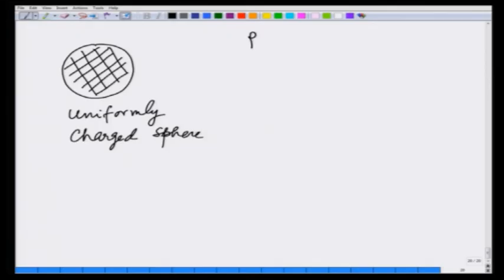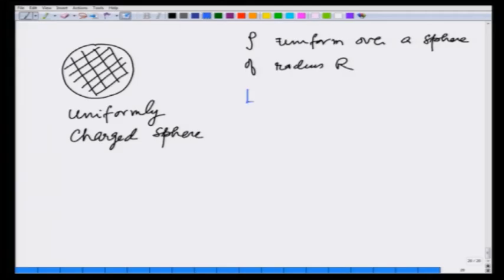Where the density rho is uniform over a sphere of radius r. This is the problem we solved earlier by calculating 1/2 V r rho r. In this case, the magnitude of electric field is rho r over 3 epsilon 0 for r less than R,